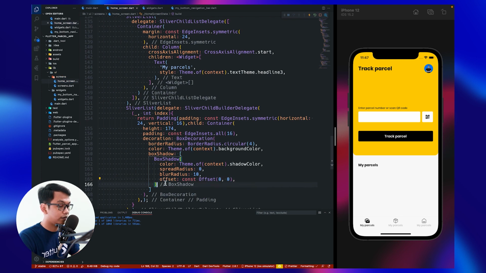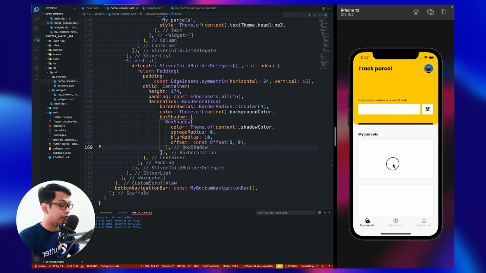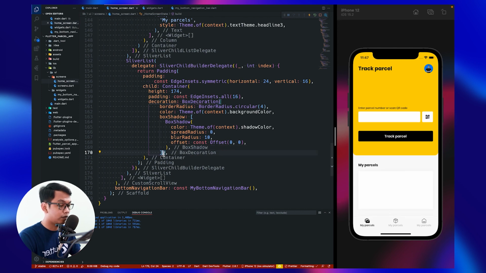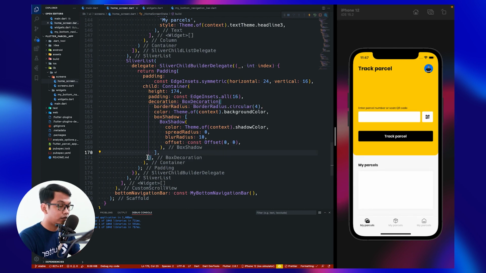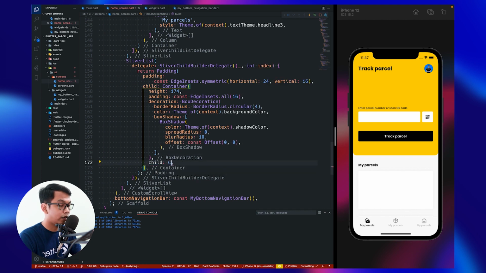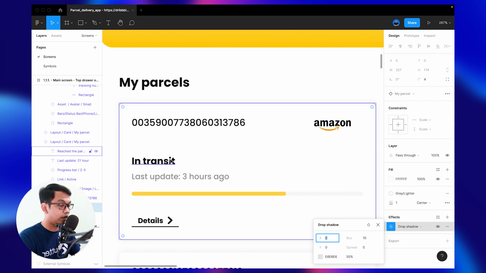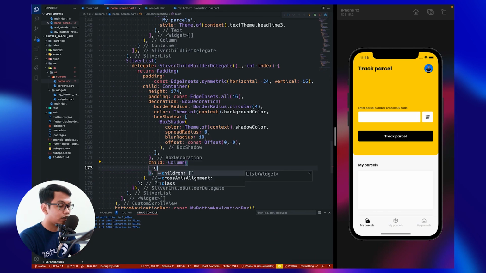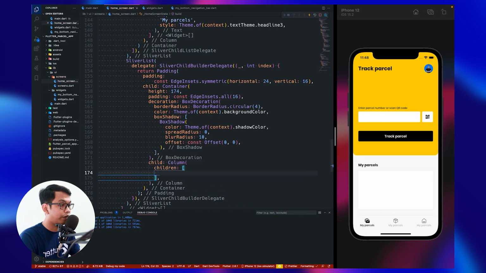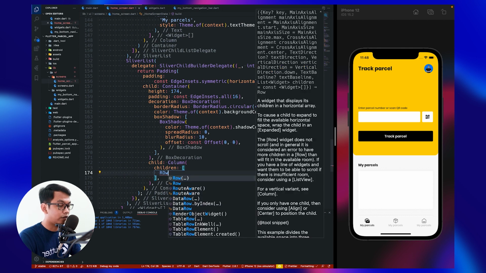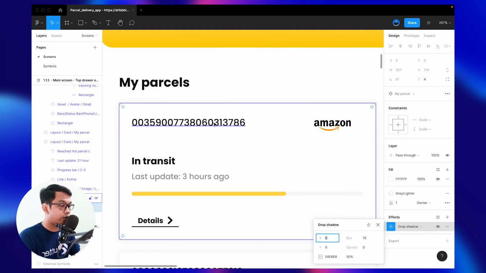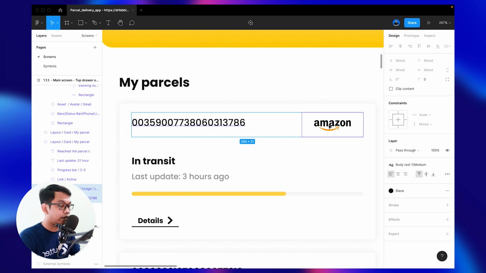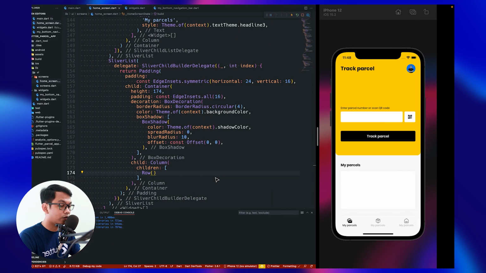Now we have a blank container, and the next is inside our container, here, we can call child. For the child, we use column because this is from top to the bottom, so I use column widget. And column widget has one parameter, which is children. And for the first child is row widget because this is kind of like row left and right, so I use row widget.